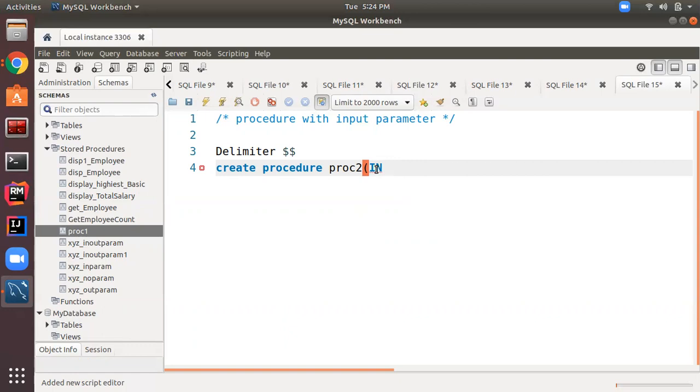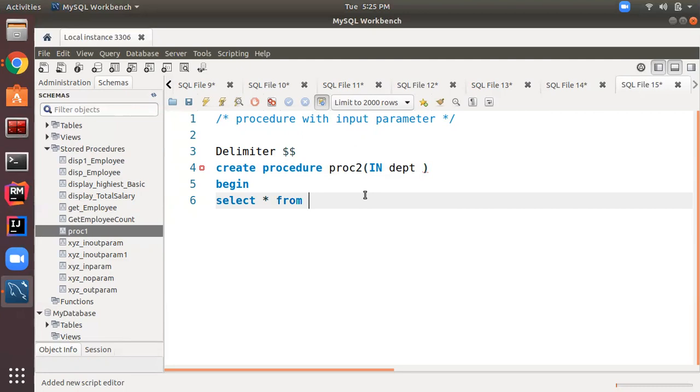Let's suppose the variable name is department. Then close the bracket, then after that BEGIN. Then here you can write the SQL statement like SELECT. This time suppose I want to find the total number of employees for the specified department.